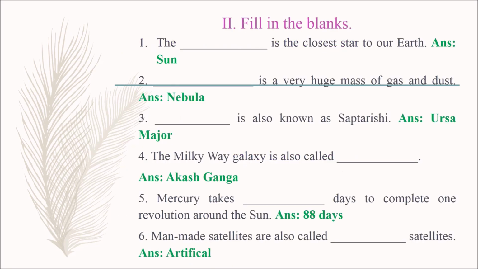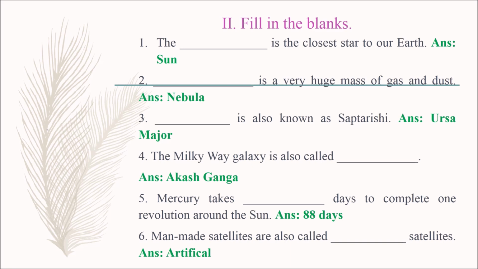Roman letter 2. Fill in the blanks. Question number 1. The dash is the closest star to our earth. Answer is sun. Question number 2. Dash is a very huge mass of gas and dust. Answer is nebula. Question number 3. Dash is also known as